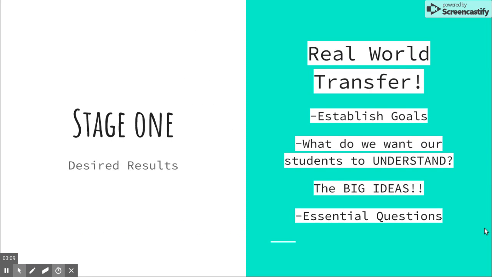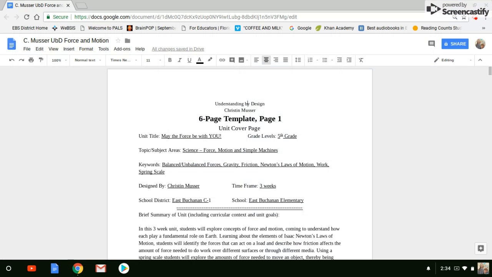Stage 1, real world transfer. I think that this is really important. Grant Wiggins has said, to quote him, that transfer is the aim of any education. There's simply too much to learn for any one person. So the point of school is not just to get good at school, but to effectively parlay what we learned in school, in other learning, and in life. So in stage 1 of my template, you will see,